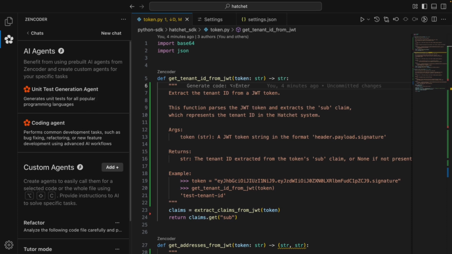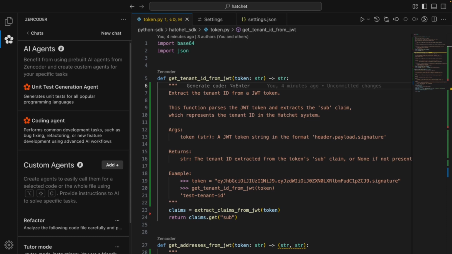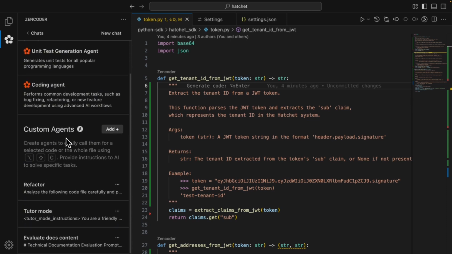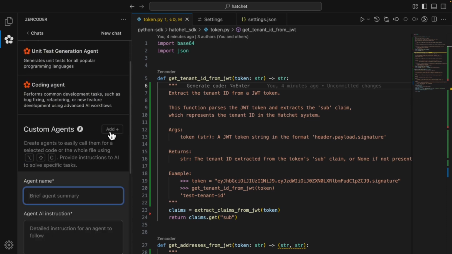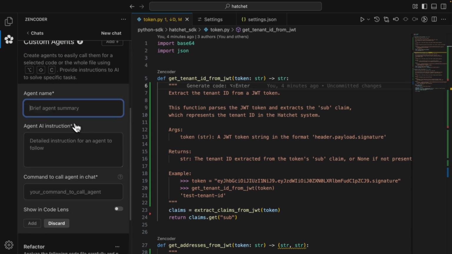It's a unit test generation agent that you saw and our coding agent, basically the workhorse of this entire thing, building stuff for us, as I said, either from scratch or on the existing code bases. But you can also create your own custom agents. The process is simple. You click on add, you provide an agent with a name, give it instructions, and also give it a command to call that agent in chat,